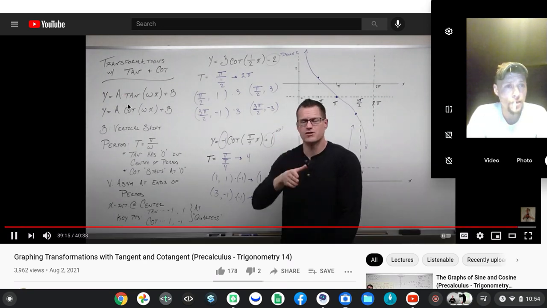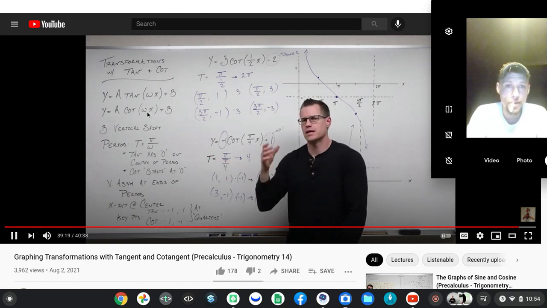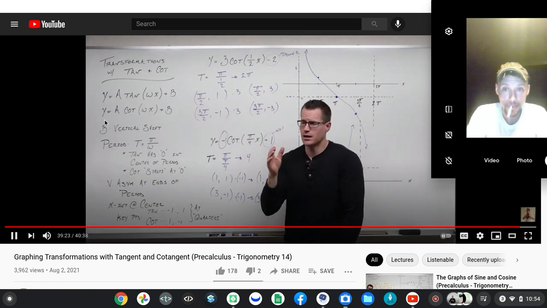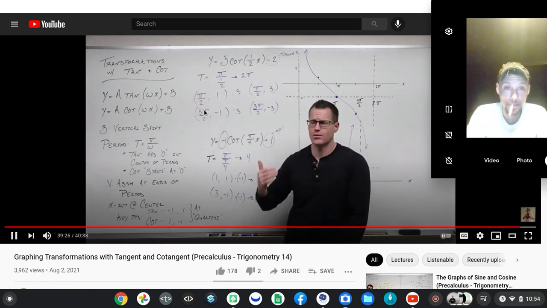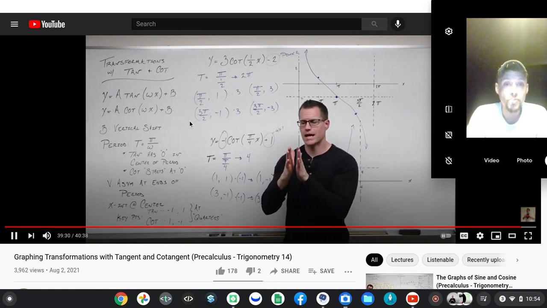Cotangent starts at 0 too, kind of the oddball there. So take your period and go half to the right and one half to the left, because like I said, tangent is this. Cotangent is just add it to 0 and then we find out the center. Then we find out the quarters. You come from that. For tangent and cotangent,